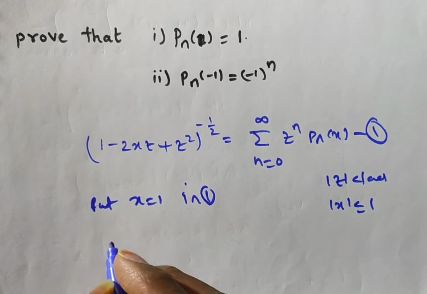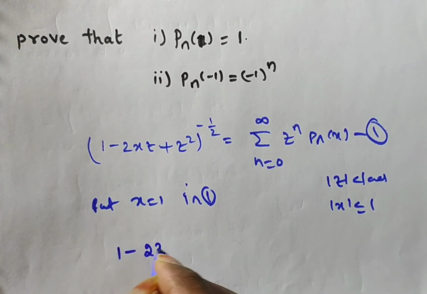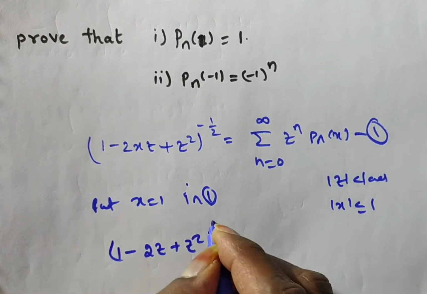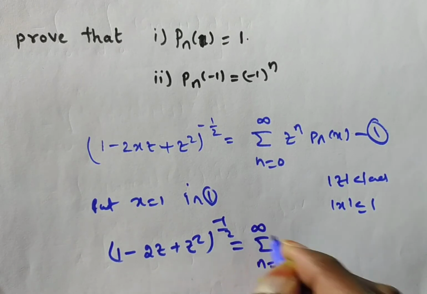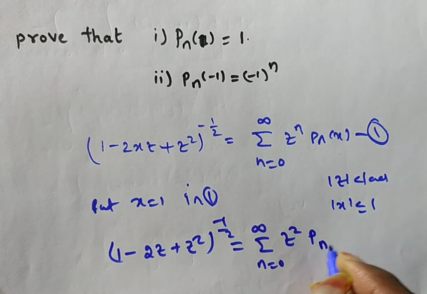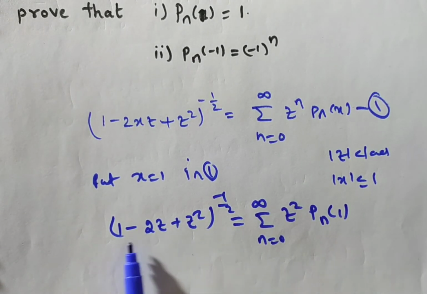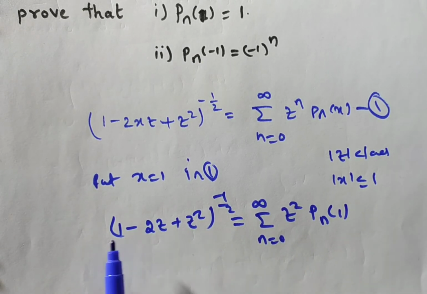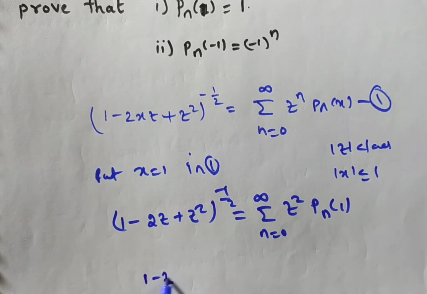In equation number 1, if you substitute x is equal to 1, we get (1 minus 2z plus z square) to the power of minus 1 by 2 is equal to summation n is equal to 0 to infinity z to the power of n Pn of 1. Now we have to simplify this. Here we have a square minus 2ab plus b square, where a is equal to 1, b is equal to z. So you can write this as (1 minus z) whole square,